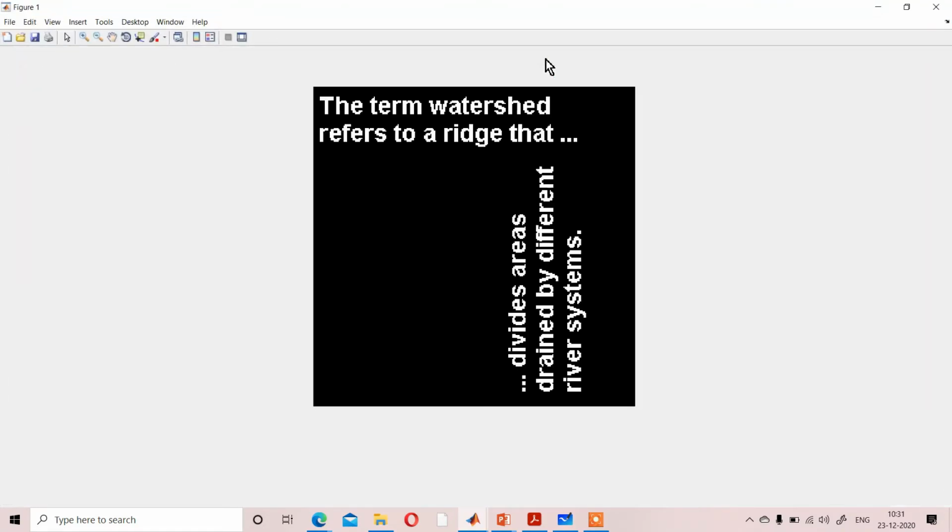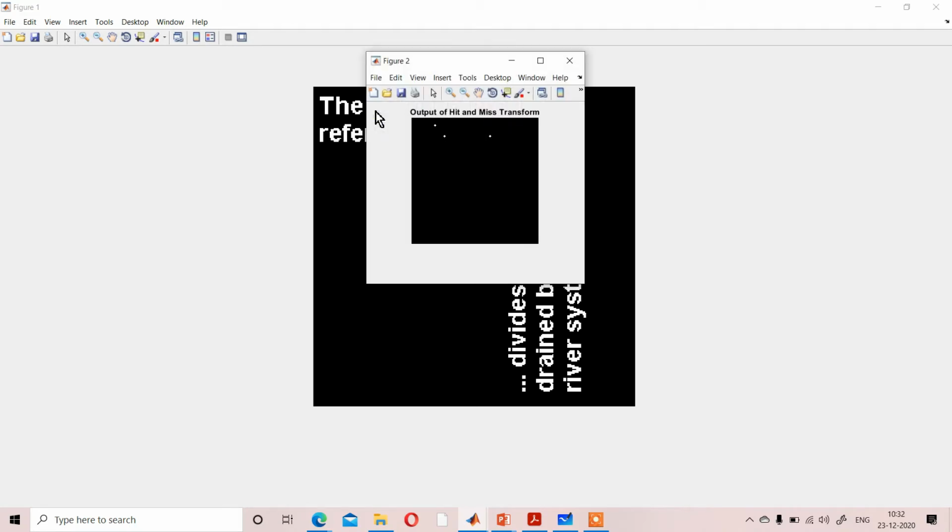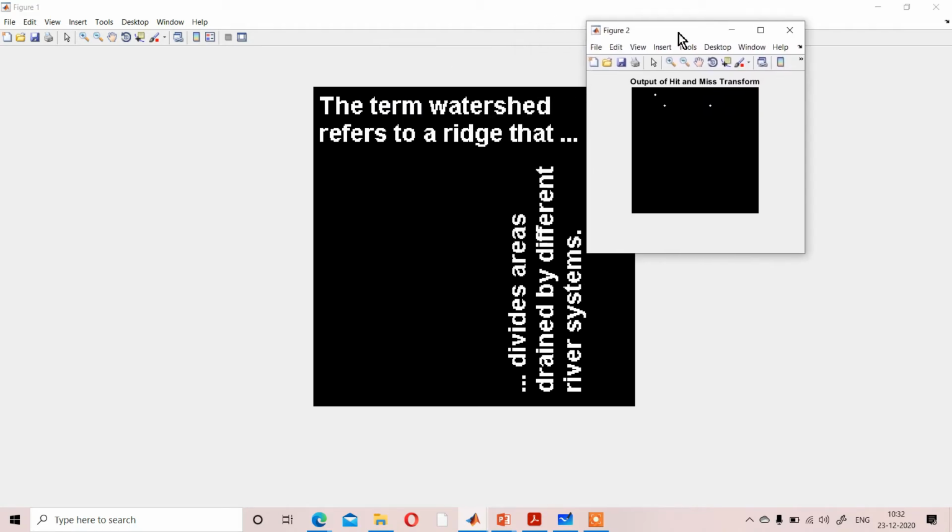Suppose, instead of R, I am trying to find T. See, you can match it.